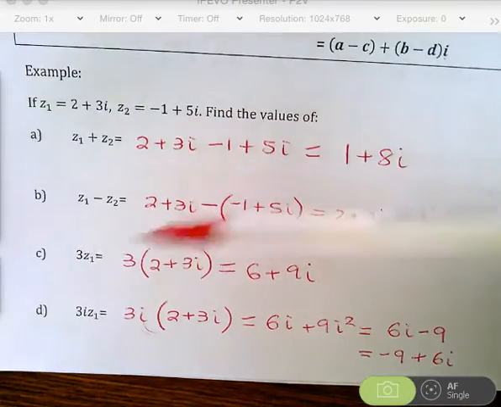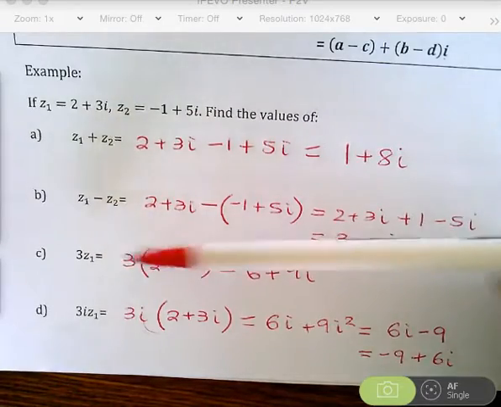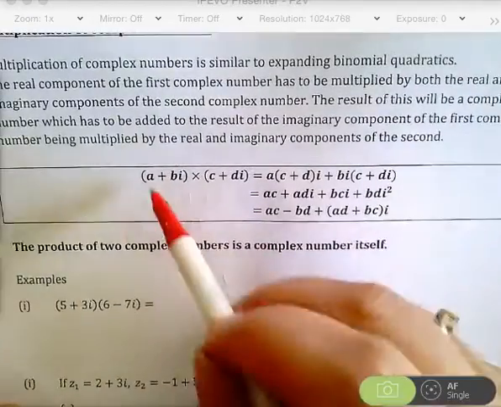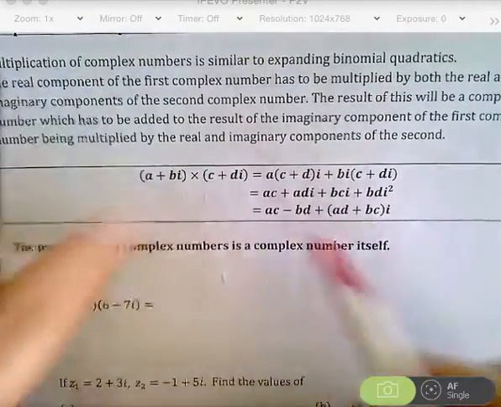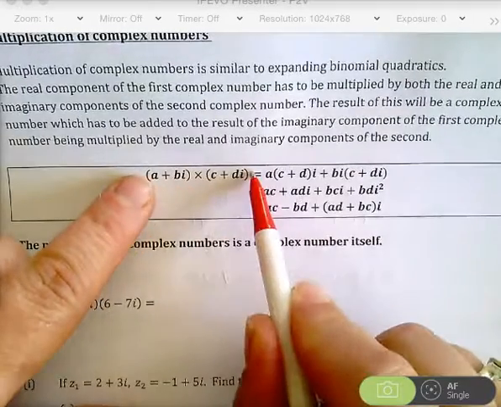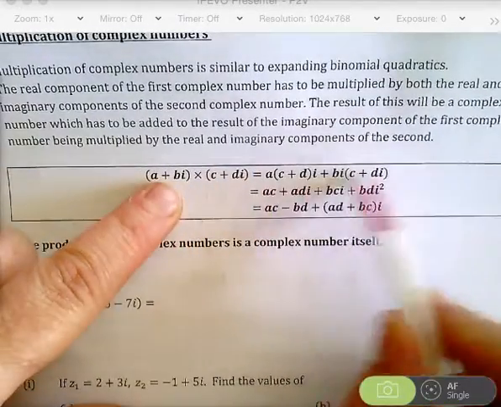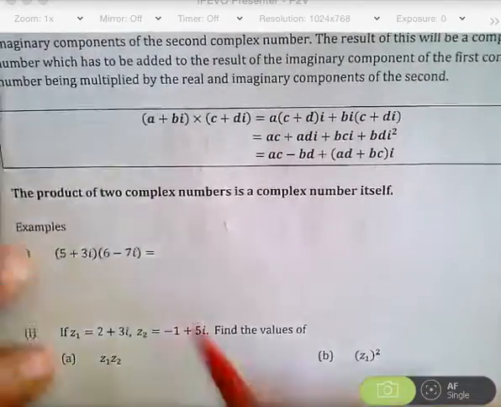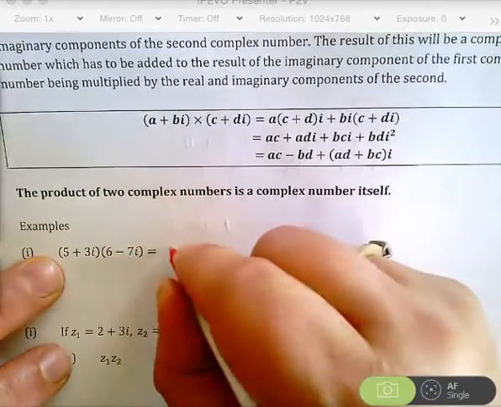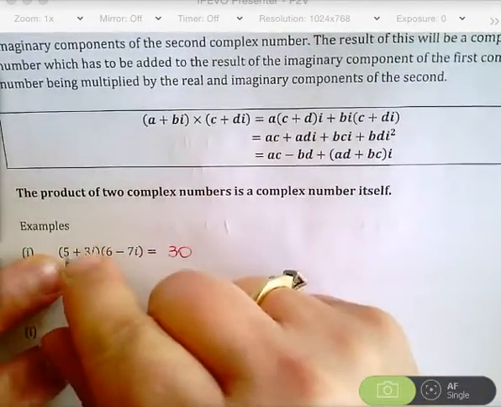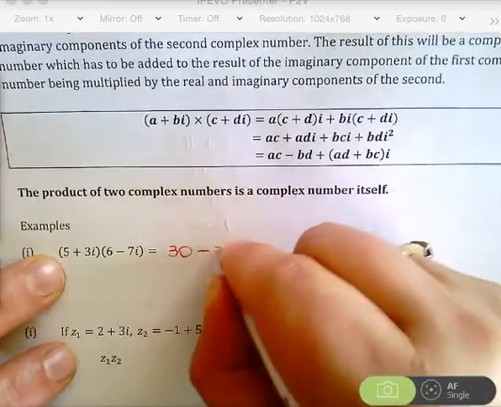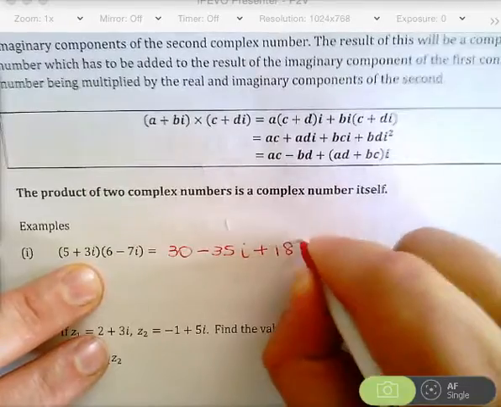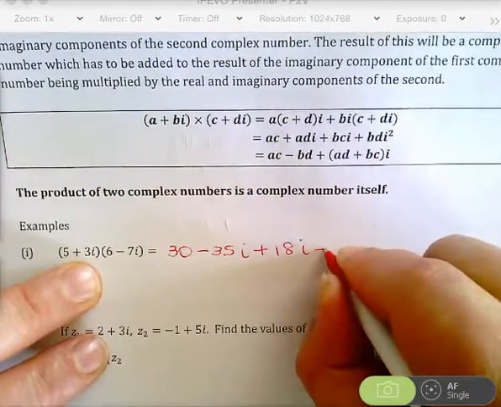So that's adding and subtracting. We've added, we've subtracted, we've multiplied by a whole number and multiplied by an imaginary number. Now multiplying two complex numbers, it's just like you're multiplying normal brackets, okay? Basically a gets multiplied by the second bracket and the bi gets multiplied by everything as well. So I'm just going to go straight to the example as you normally would do it. What would you do? 5 times 6 is 30. What's next? 5 times minus 7i is minus 35i. 3i times 6 is plus 18i. And 3i times minus 7i is minus